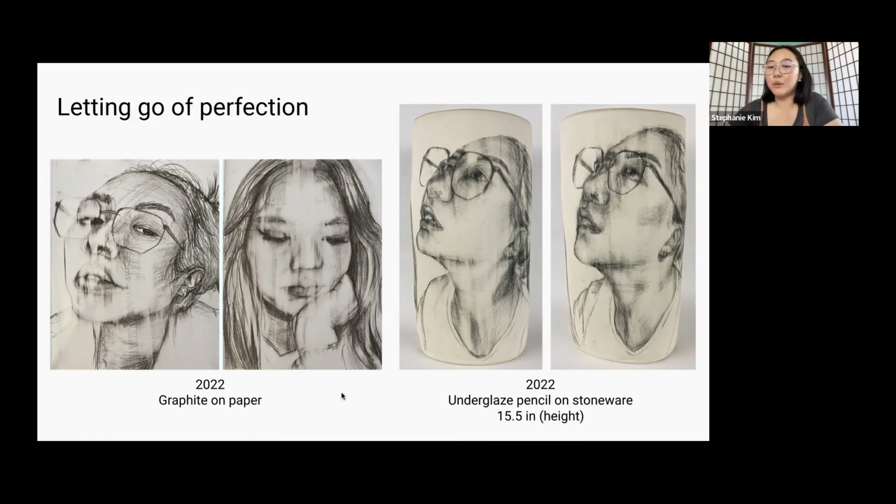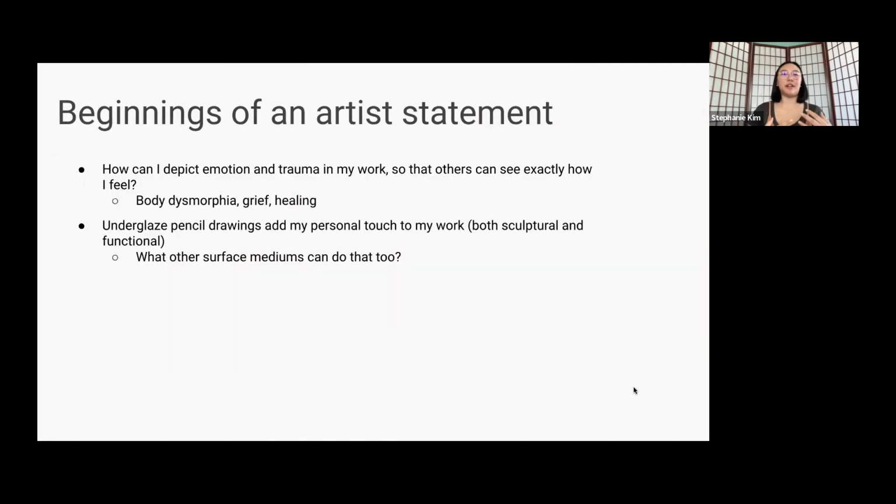And I was like, well, if it works with pencil, I think it should work with underglaze pencil. And it did for the most part. It wasn't as smeary as a graphite pencil, but I did this. And I think some of you might remember seeing this at NCECA in Sacramento last year. So this is two sides of a form. The left side is erased downwards, and the right side is erased upwards. Because of that, I think that was the beginnings of what I want to make,